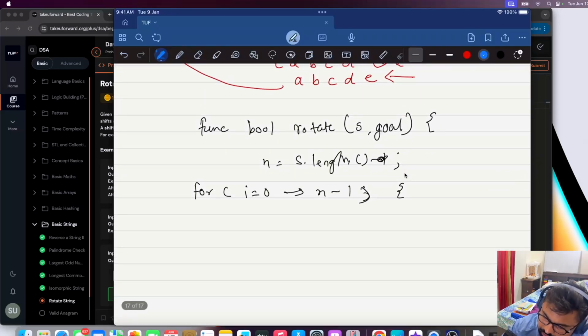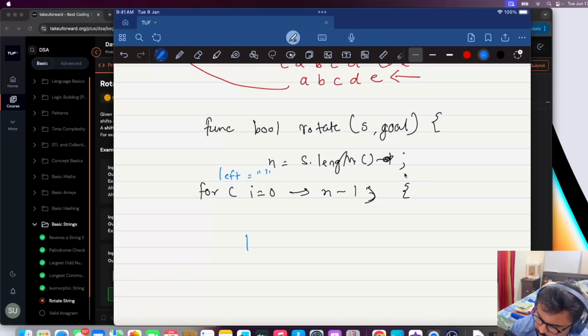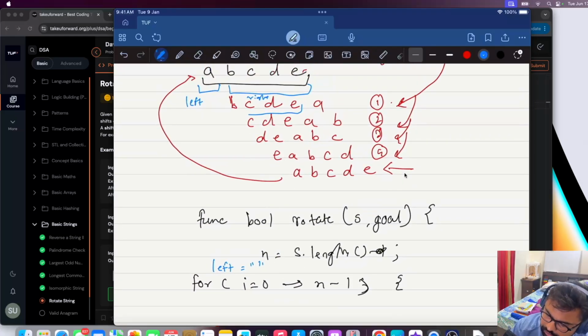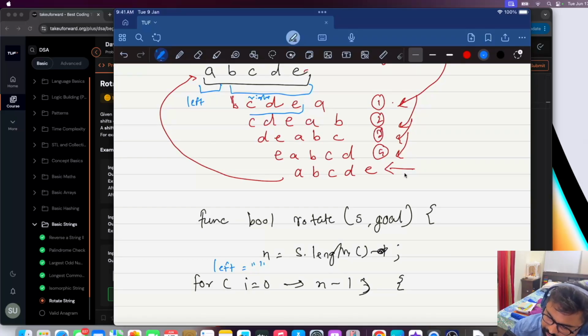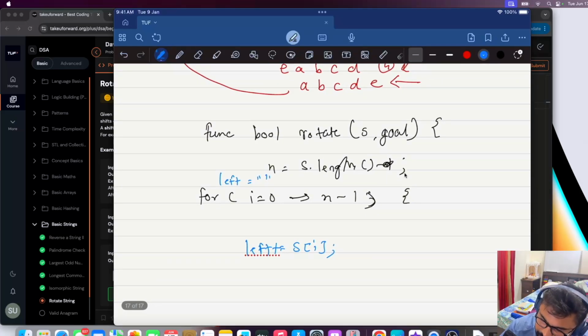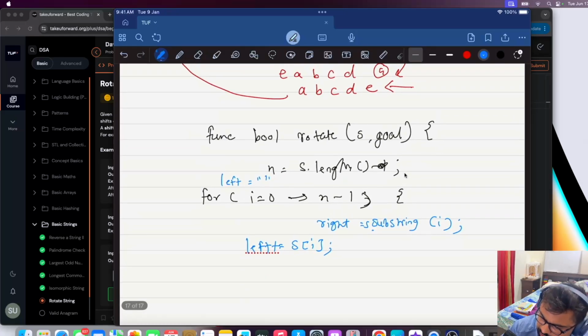So what we will do is, my left will be empty for the first time, and left will be left plus s of I. For every index we will have s of I added to my left string, and right is nothing but s dot substring of I, from wherever our I is, we take the string after that. And what we are doing is right plus left